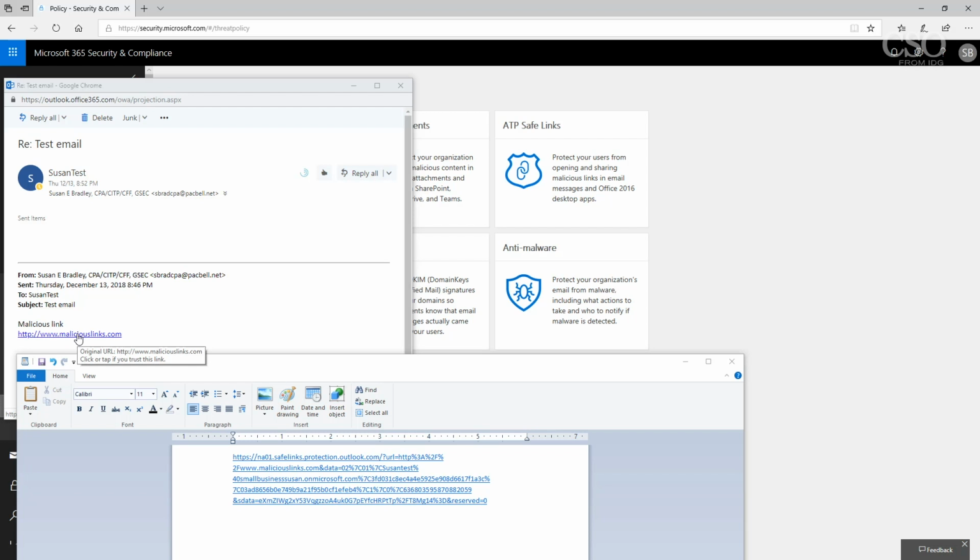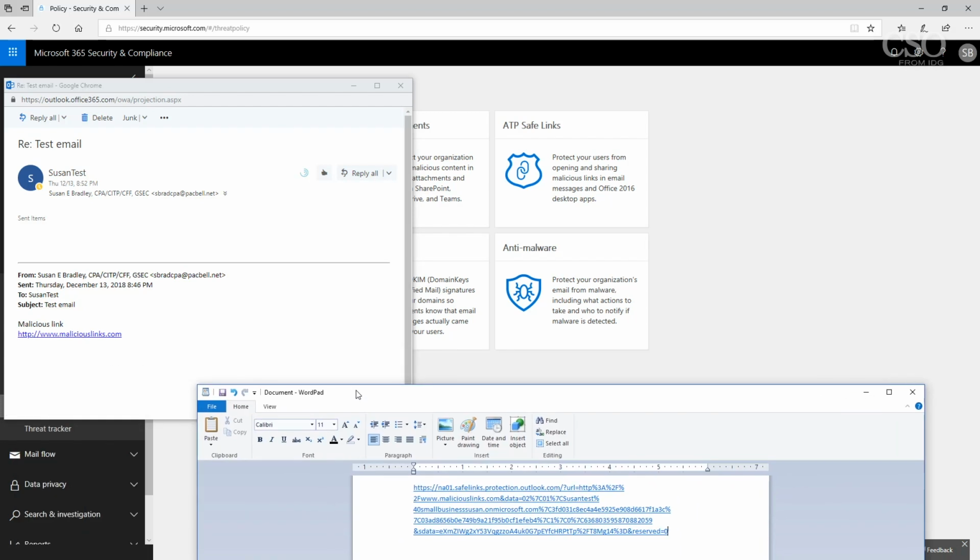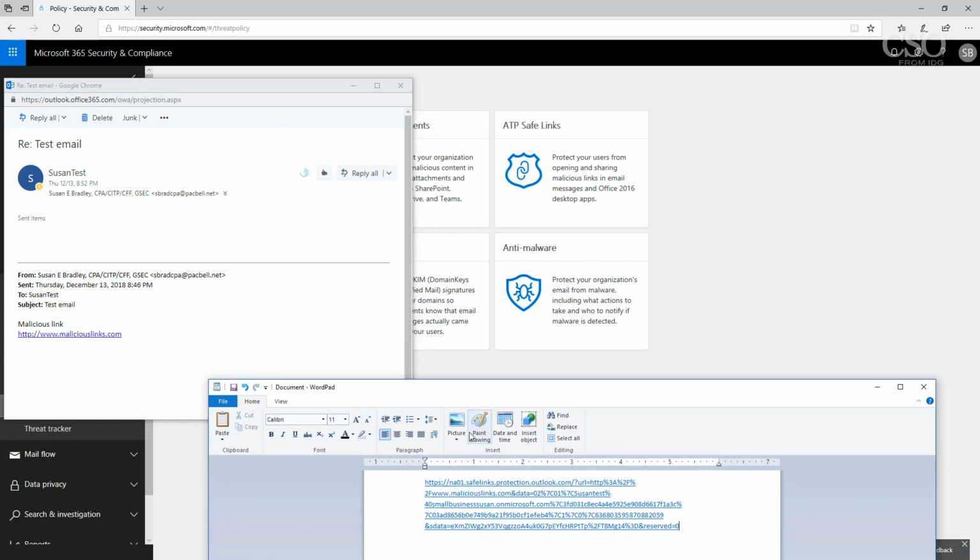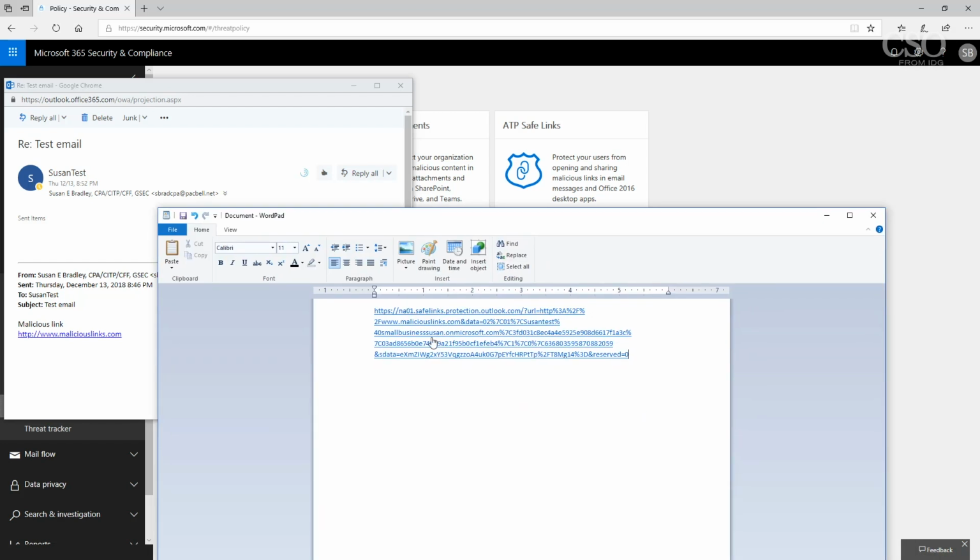So this URL that has the rewrite attached to it, as you can see here, if you actually look at the actual link, if you would forward it on to somebody else, you can see it's going through Microsoft's implementation of a scanning engine. That's what that Safe Links Protection Outlook.com is all about. And then to allow you, the admin, to track what email it went through, you can see it flags the user, the domain, and it has obviously a GUID access code on there, so you know exactly what email had that malicious attachment.